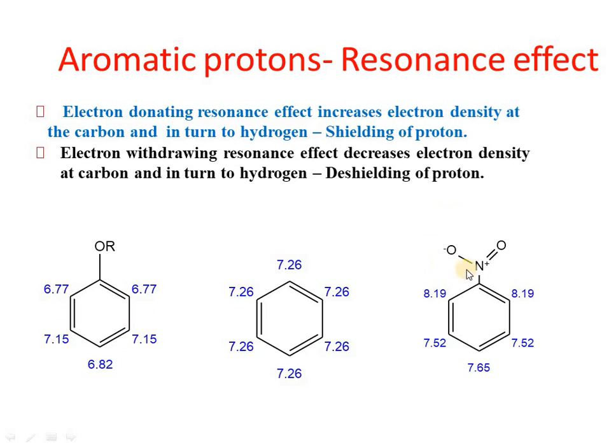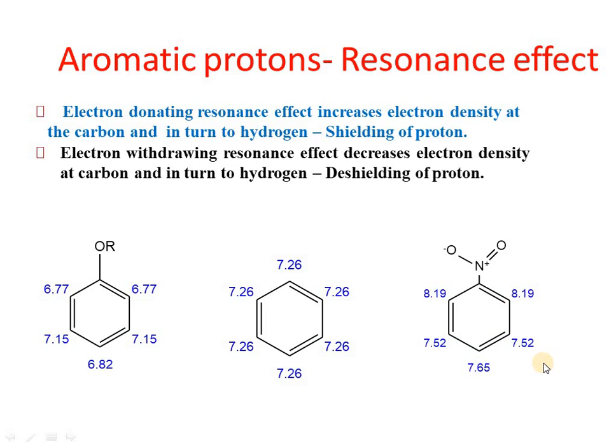And in this case, this is the electron withdrawing group, so again the electron withdrawing group will have more effect at the ortho position, so these are more downfielded and show signal at 8.19, and the meta positions show 7.52 and the para position shows 7.65. So ortho positions are most affected by the electron withdrawing group. The electrons from these positions will be more withdrawn, so these will show downfield signals as compared to the other positions. So 8.19, 8.19, and then para at 7.65, and meta will show upfield signals, 7.52, 7.52.